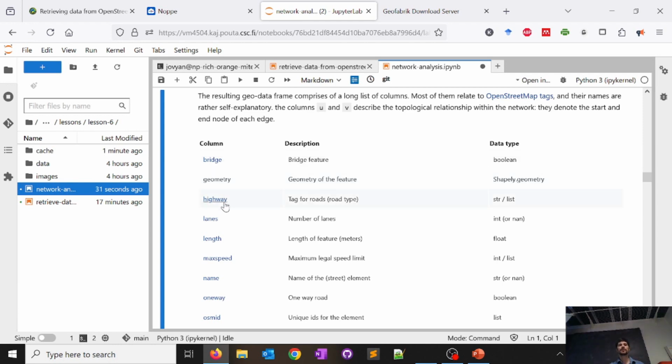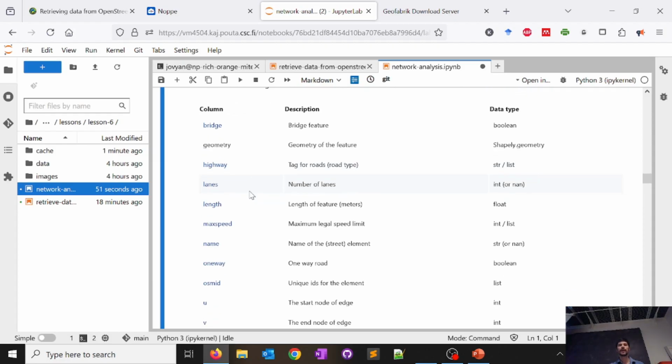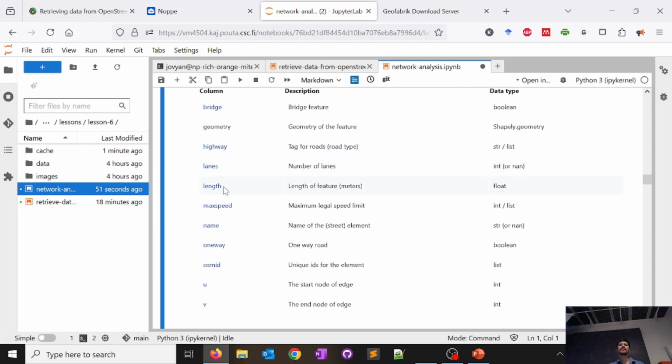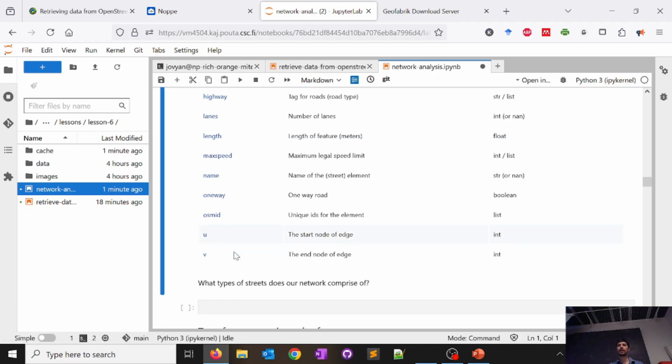Then you have the geometry. Then highway is the tag for roads. The type of road is stored under highway, which is a weird name. But anyway, it doesn't necessarily have to be highway. It's just that different types of road are stored under the tag highway. Then you have number of lanes, the length of the segment, the maximum speed, name, whether it's one way or not. So there are a number of